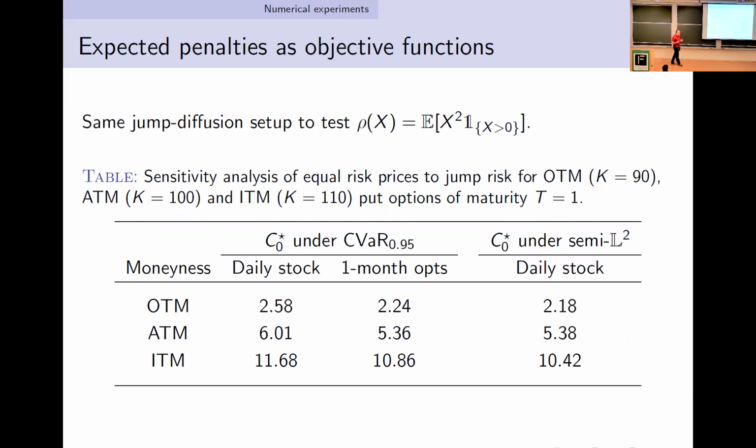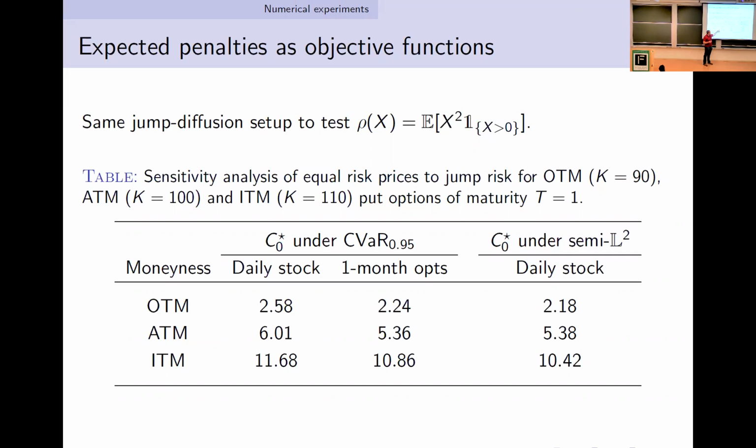So we changed the CVaR for an expected penalty of the following form. We use a quadratic penalty with an indicator if the loss is greater than 0. So it's kind of no penalty if there are gains, hedging gains, and a quadratic penalty if there are losses. So this has, we thought, the advantage of not only considering very far tail risk, but also more moderate level risk. So again, if we compare to the results we had, so same pricing, same framework, this is only with